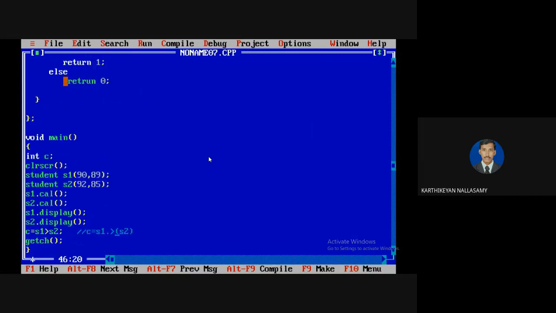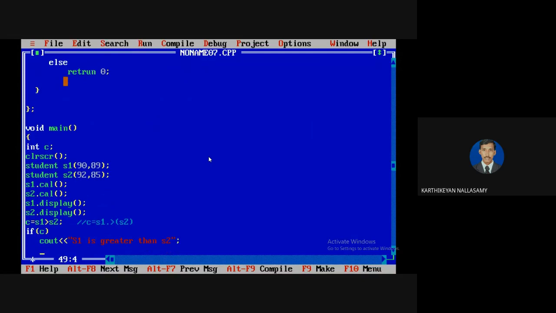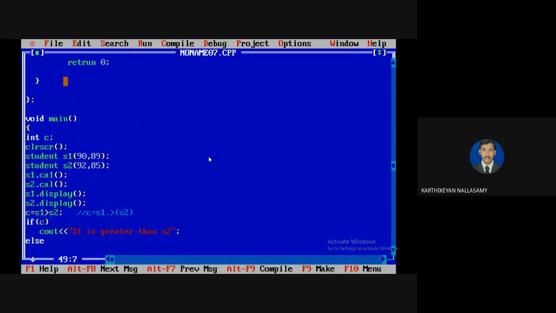Now we know that if you want, you can take a decision now. Actually, the decision needs to be taken. So C means that we need to test the condition: S1 is greater than S2. Else, if you want, you can even test it with an if on C. So that is convenient.